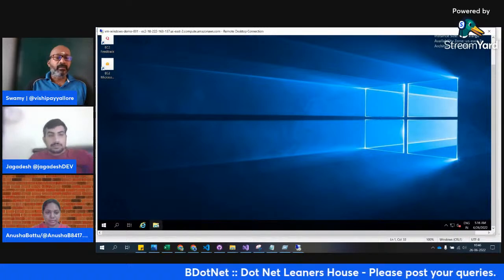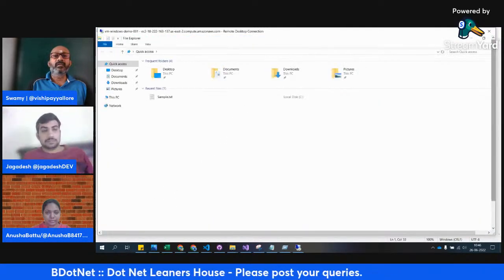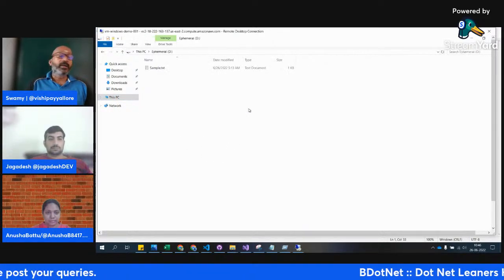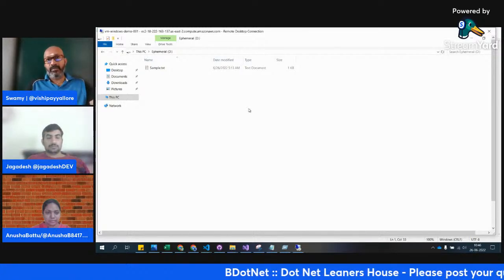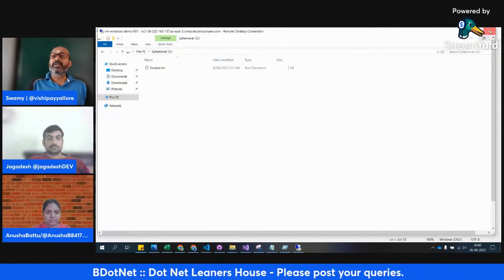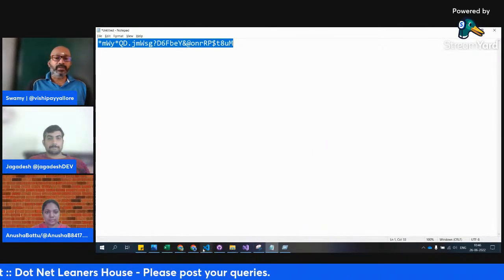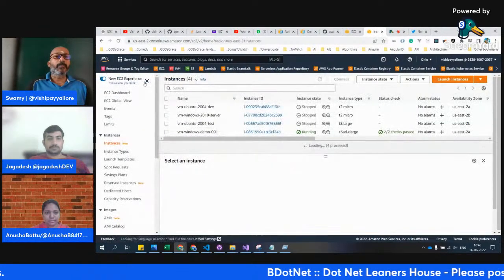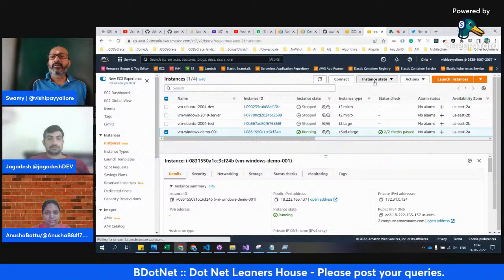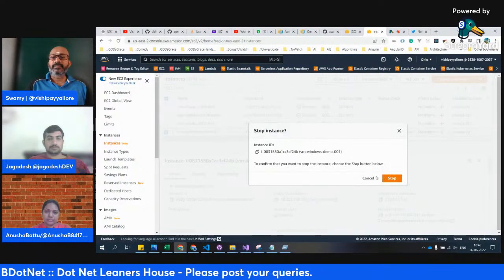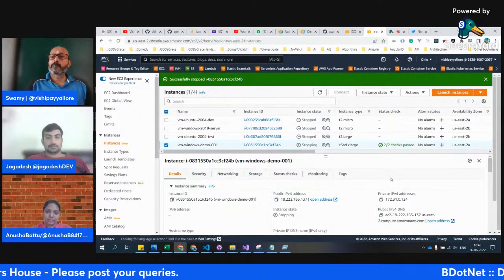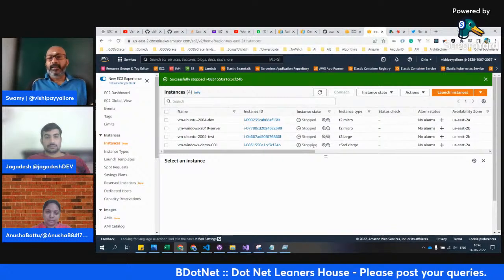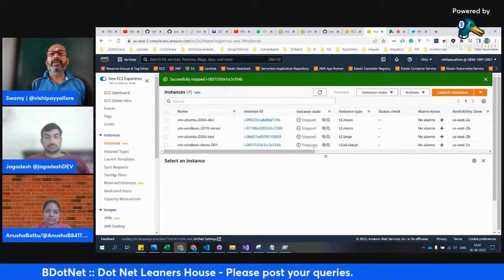And real quick, we can come and check this. Let me go to this PC. You see this, when I do a reboot, whether from the RDP or from the instance, it doesn't trouble me. So what I do is I close this, come back to this, and go to the instances and select the instance, and I want to stop this instance. Okay, that is stopping. So it will take a couple of minutes. In the meanwhile, we will